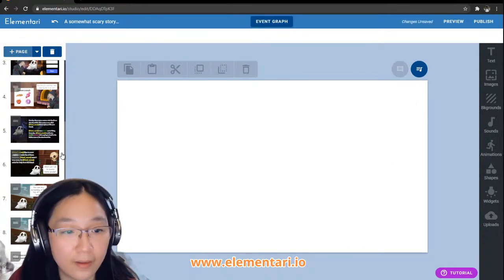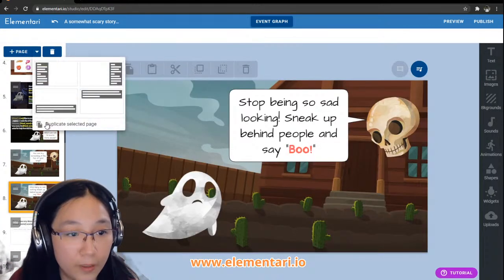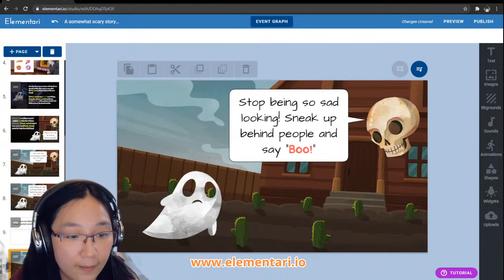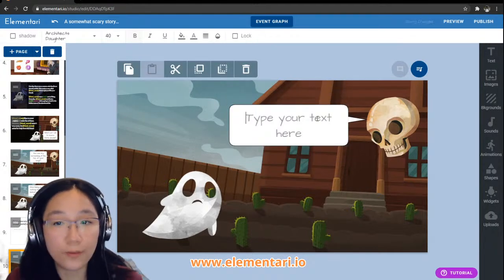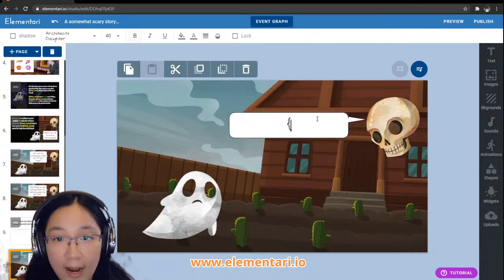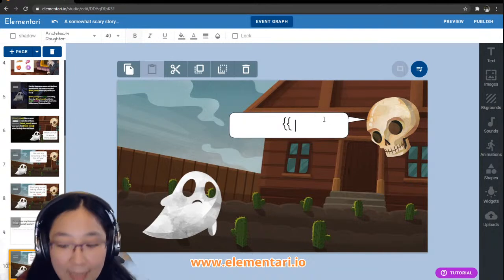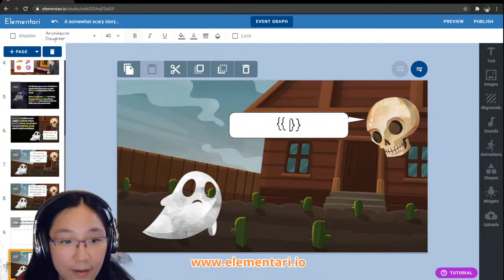And then on the last page, we'll just copy, duplicate this page, and we'll say, so how do I get the ghost to say the idea? I need the curly bracket or the mustache. And then what variable do I put inside?